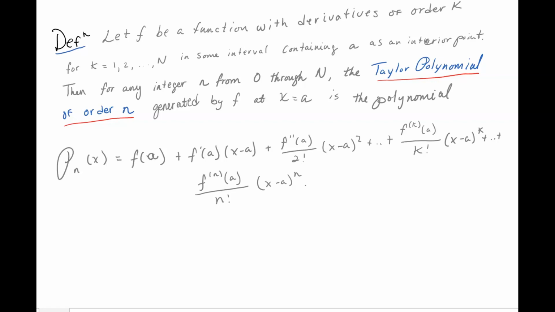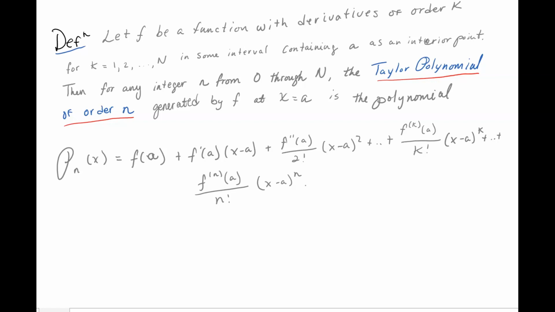It says let f be a function with derivatives of order k for k equal 1, 2, all the way to some number n in some interval containing a as an interior point. Then for any integer n from 0 through n, the Taylor polynomial of order n generated by f at x